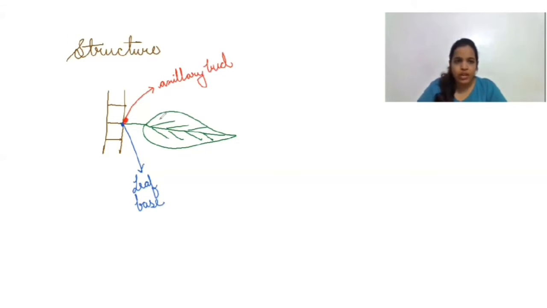I'll just draw it a bit thicker so that you can easily see this light green part. This is like a connecting element between the main leaf and the stem, right? It is very small. Usually we call it leaf ki dandi. This leaf ki dandi is actually known as petiole. It usually has a circular transverse section. It is known as petiole.